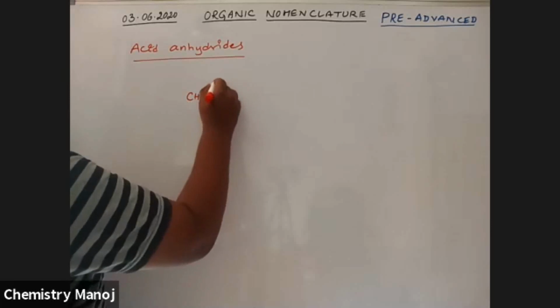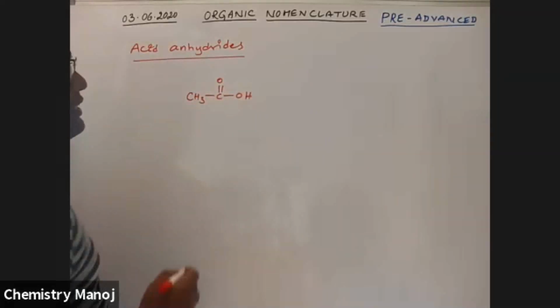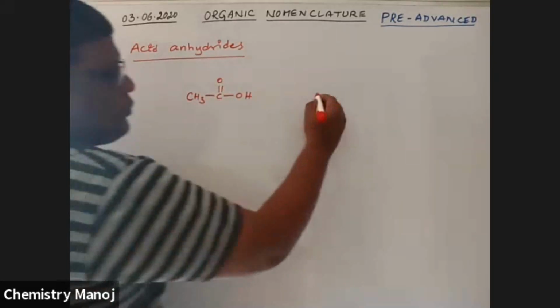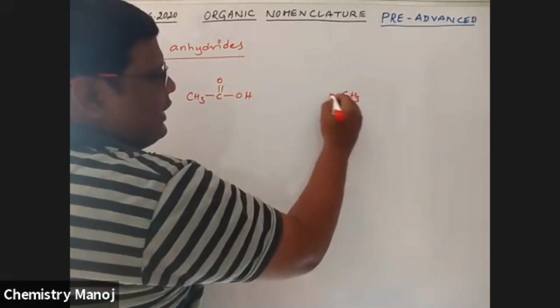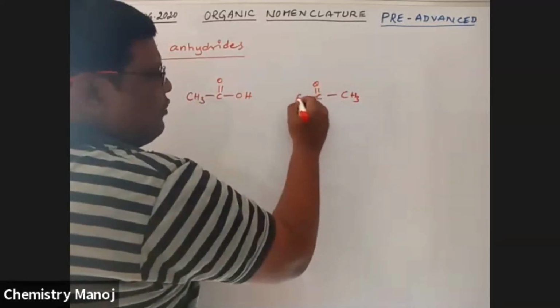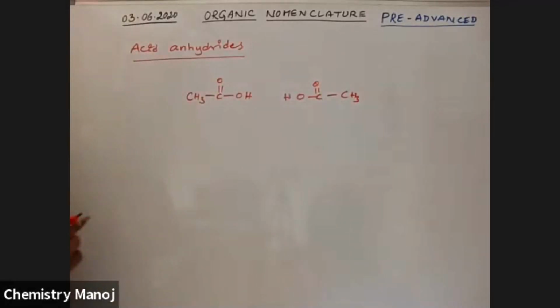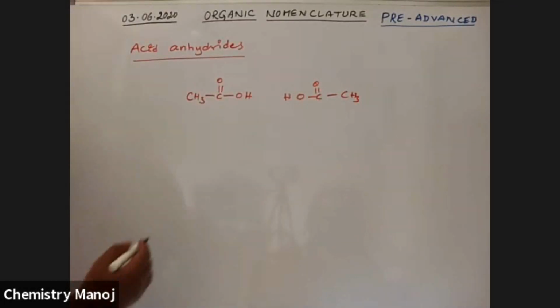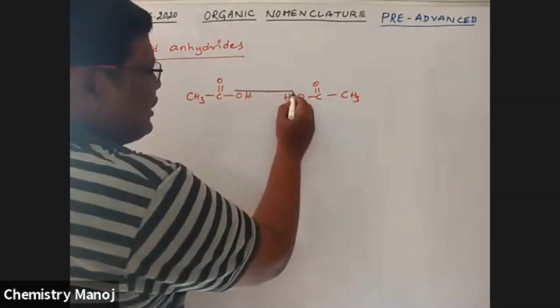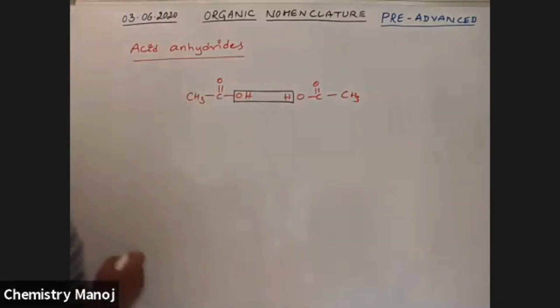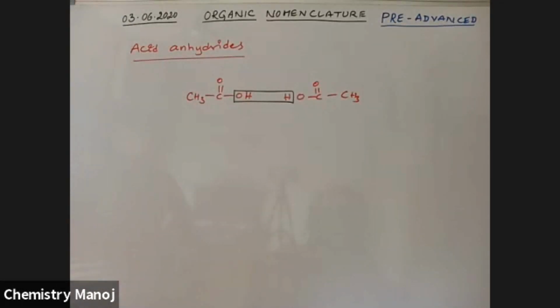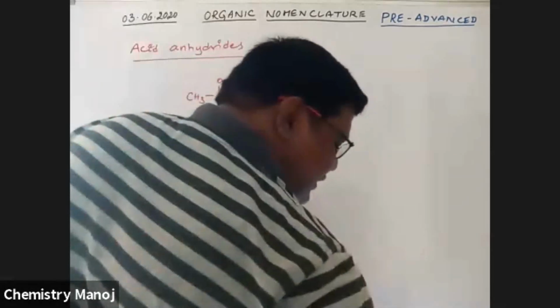CH3COOH. It is acetic acid. One more, CH3COOH. It is acetic acid. Two moles of acetic acid. From these 2 moles, water is removed. HOH is removed, water is removed. The final compound is, see here,